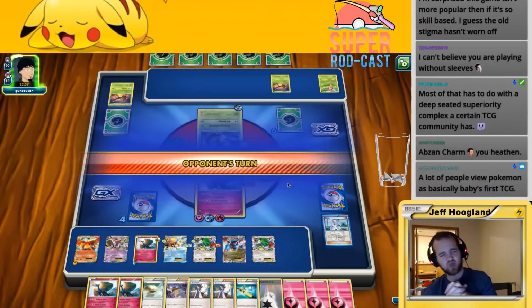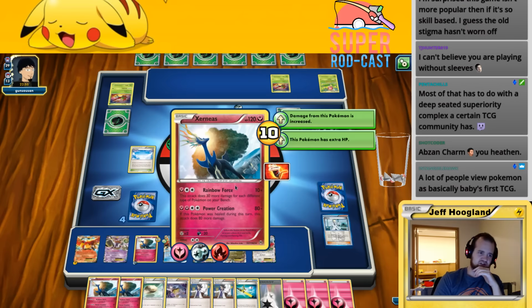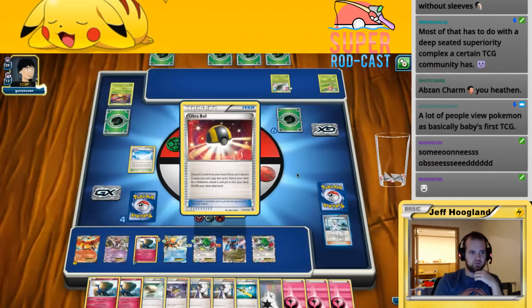There's no hand size limit in Pokemon, which is great. My Xerneas here has a Fighting Fury Belt on it, which it has 120 health with 10 damage marked on it, but it has plus 40 health from the Fighting Fury Belt, so...